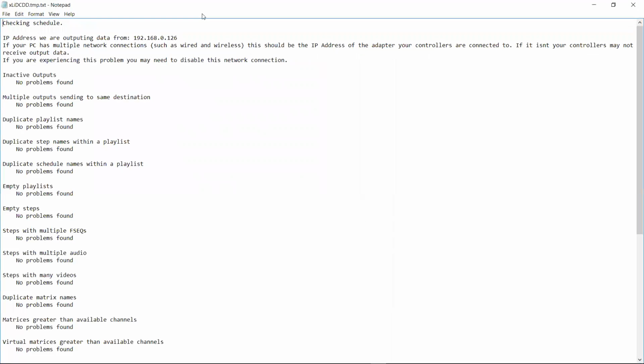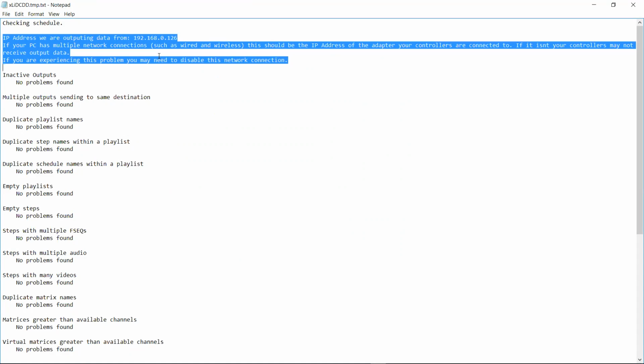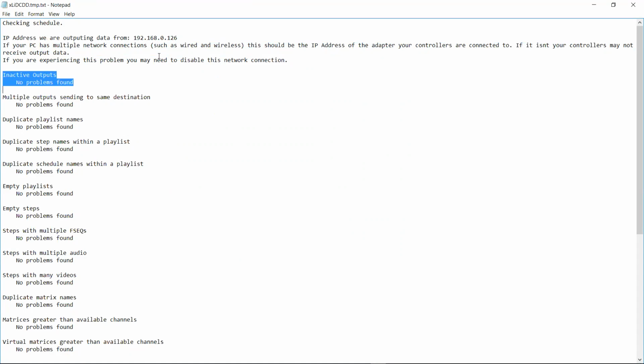Much like check sequence, it'll come in and tell you which IP address it's going to go out of. It'll tell you if you have any inactive outputs set up in your networks file, just in case you didn't realize that you deactivated a certain output. Many of these are actually identical to the errors you would get in xLights, such as multiple outputs sending to the same destination. If you've got duplicate playlist names, I don't stop you from having them, and